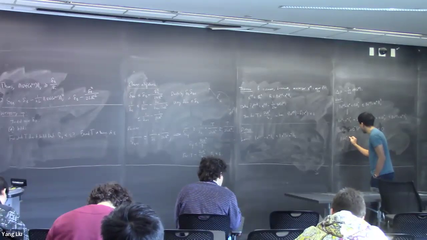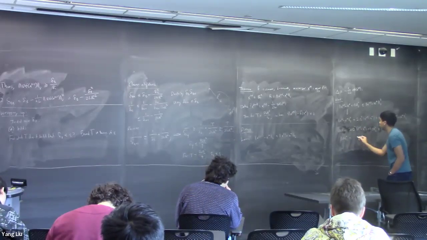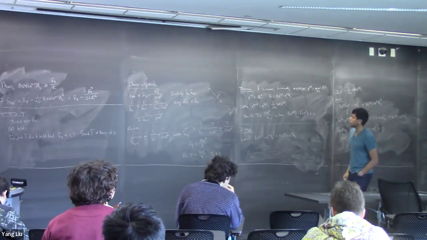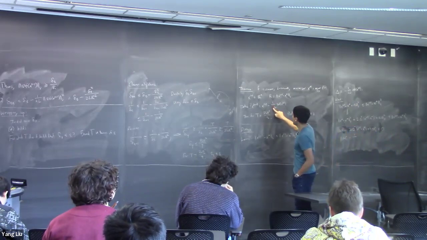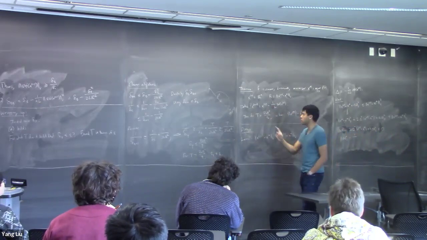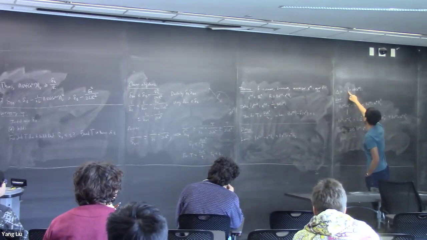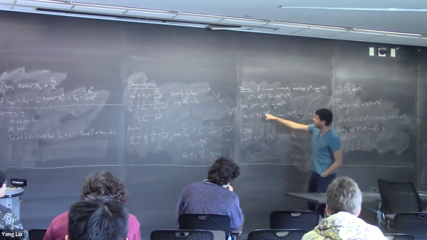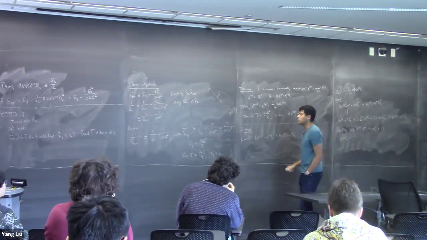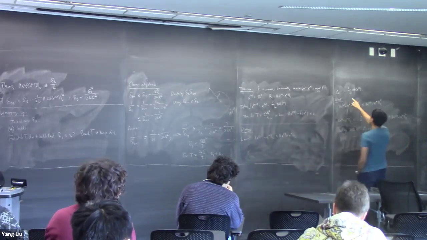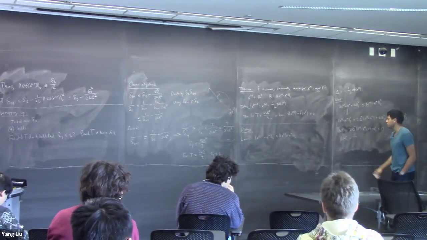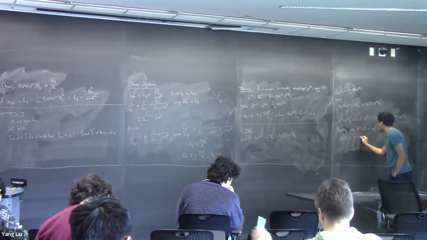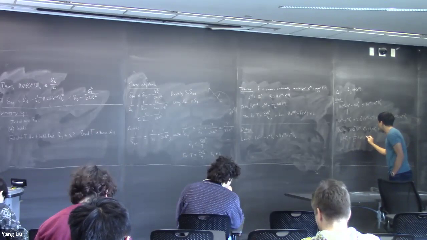Delta 2 norm squared, right, is 1 over... wait. Is delta... no. There's no factor of 2, right? Did I mess this up? There's no factor of 2 anywhere. Okay. I messed all this up. I've done this wrong before. Sorry about that. So in the gradient descent step, there is no factor of 2, right? That is correct. Also, there should be no factor of 2. Okay, good. So delta 2 norm squared is 1 over L squared times the gradient of f of xt